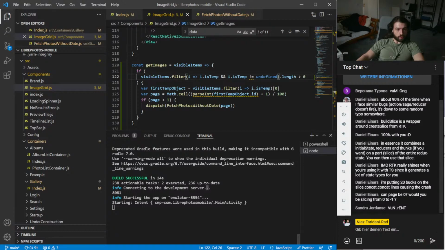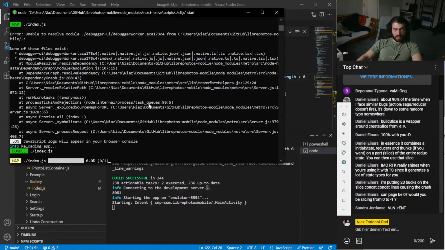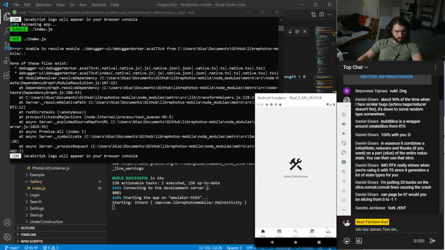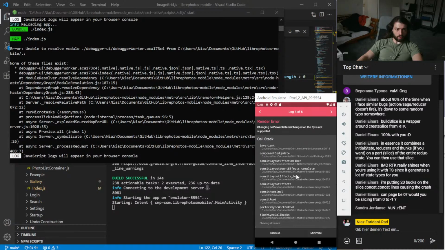Okay, save. Okay, so my brain is also a bit fried, so there's that. Okay. Wait. Here we go. On viewable items, change on the fly is not supported. What is happening?